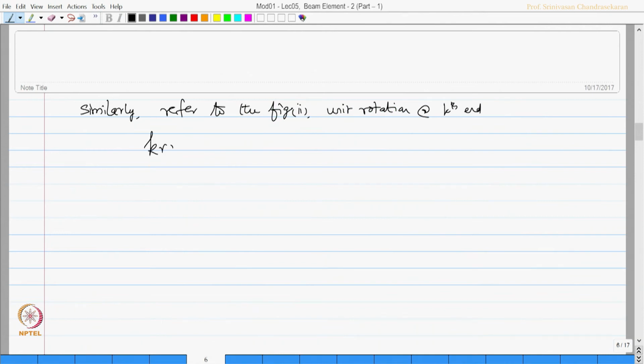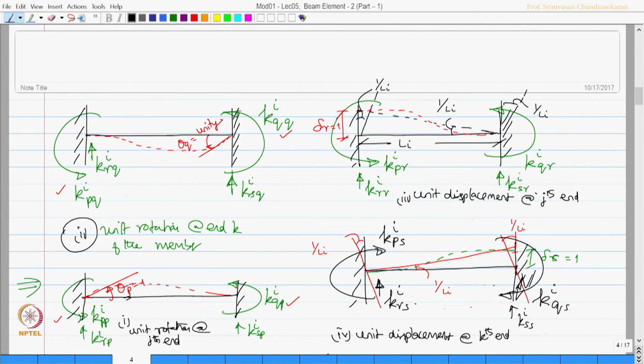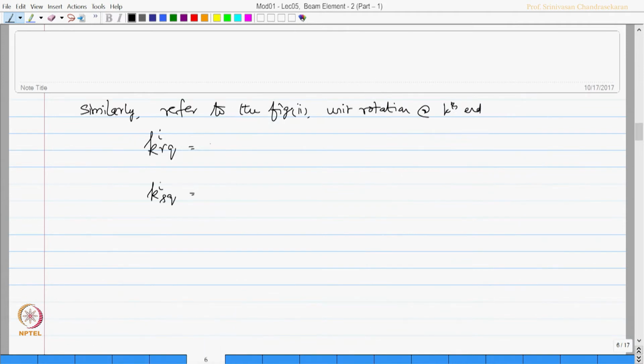K R Q and K S Q can be expressed as the sum of the rotations, which is K P Q and K Q Q, okay. So, K P Q plus K Q Q of the ith member by L I, and this will be the same K P Q plus K Q Q of the ith member by L I, but with a negative sign. Now, similarly